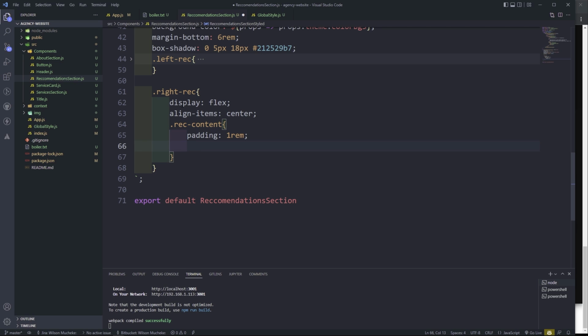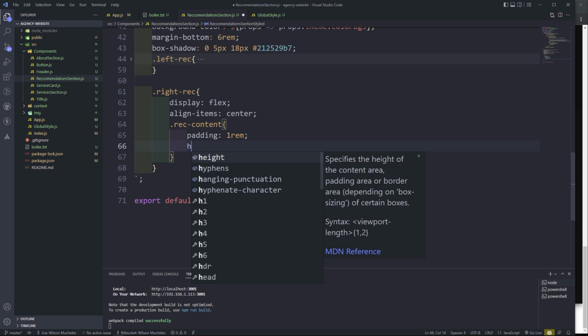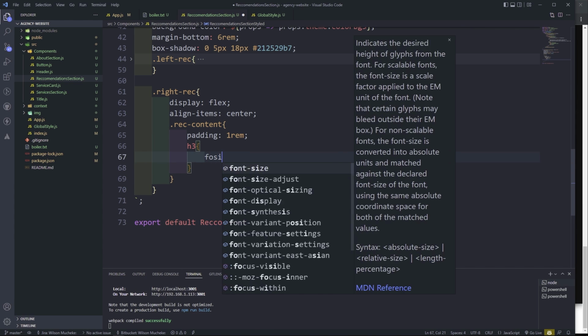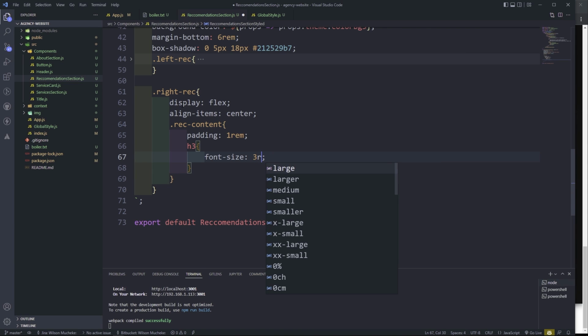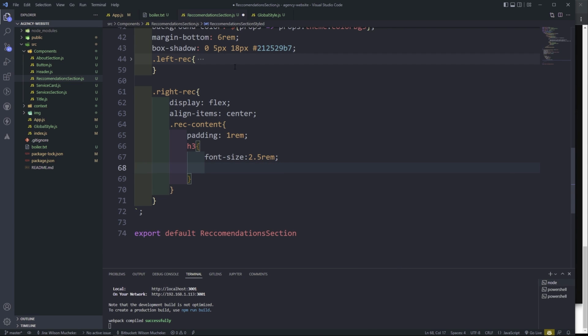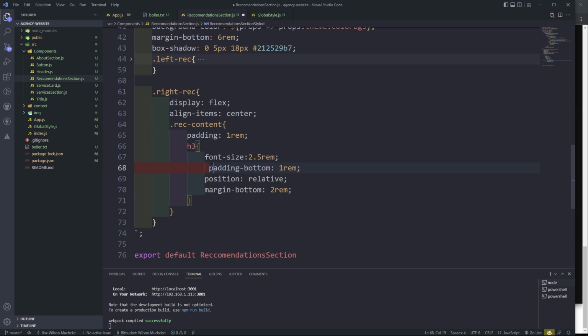And then what we have in here, we have an H3, which is the title, font size 3 rem, or let's do 2.5 rem. Position, I'm going to set that to relative, and give it a margin bottom, because we're going to do